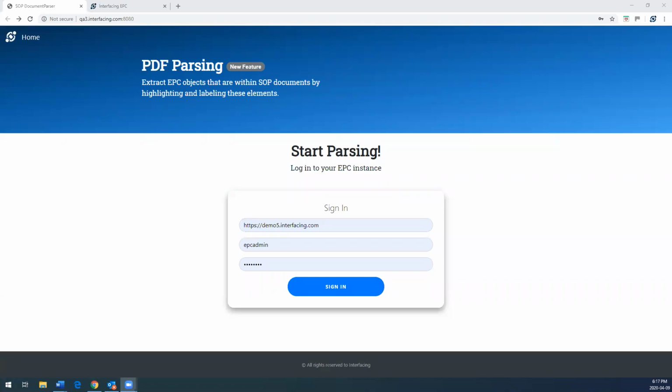This is a quick video of our intelligent document parsing solution, which does text recognition, converts that text into reusable objects within the EPC repository, and associates all the content together to build up your repository processes, libraries, and hierarchy structures automatically. So the first thing I'm going to do is log into the server that I want to